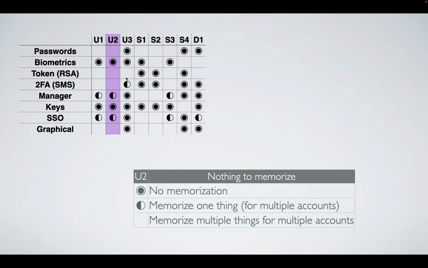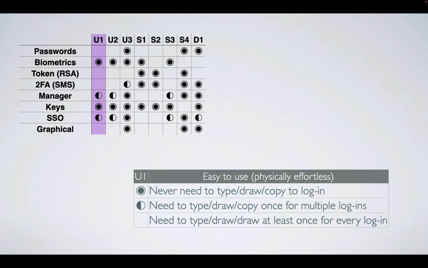Nothing to memorize. So this actually mirrors this column, which is the same, like if you have a fingerprint or a key, you don't have to memorize it. For these ones, you have to memorize one thing. And then for the other ones, you don't have to memorize it. Now, another thing that will come up when you do these evaluation frameworks is if you ever get 2 columns and they look identical, so here these 2 columns look identical, you have to ask yourself, are they actually different properties? Or am I just measuring the same thing twice using different words, okay? So you don't ever want to measure things differently, or you don't want to have multiple columns.